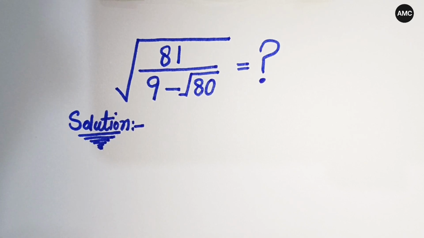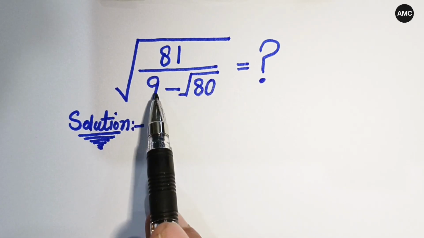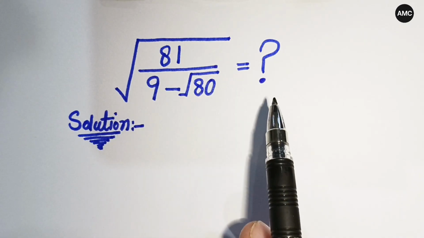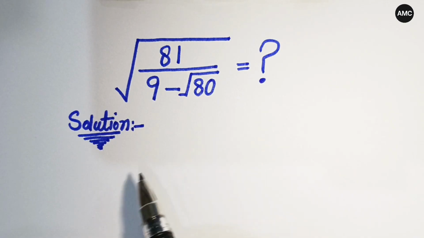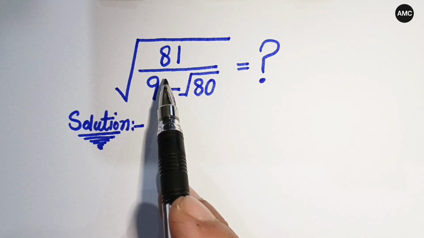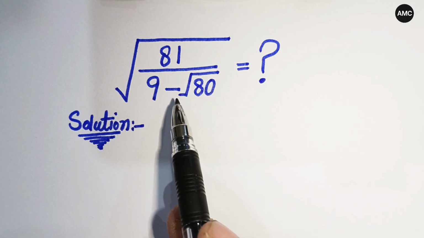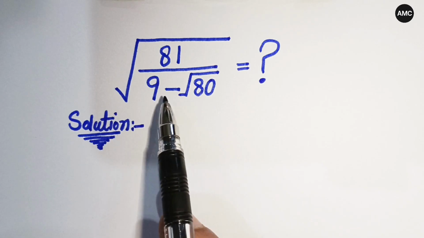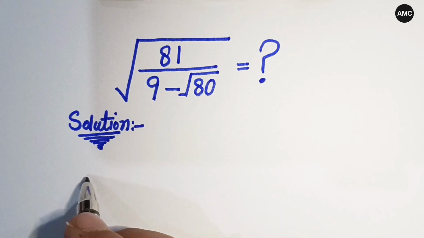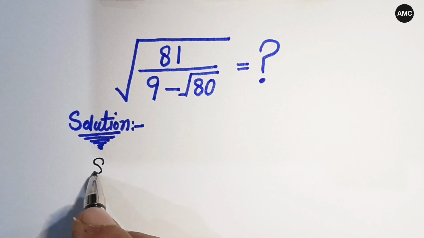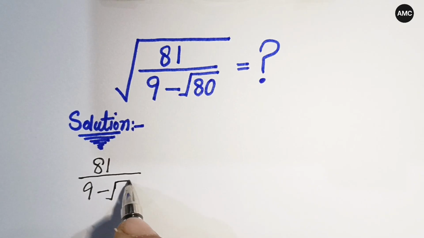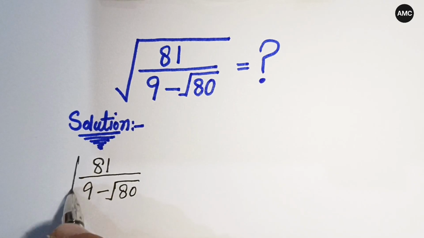Today we are going to solve a nice simplification problem, that is the square root of 81 all over 9 minus square root of 80. So we have to simplify in this problem here. Now first of all we have to make this denominator rational. For this purpose we have to multiply with the conjugate of this denominator. So our first step will be, here our problem is the square root of 81 over 9 minus square root of 80,